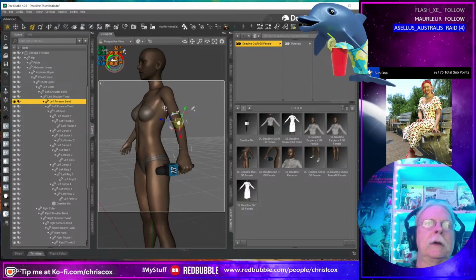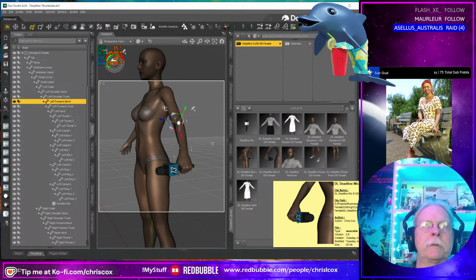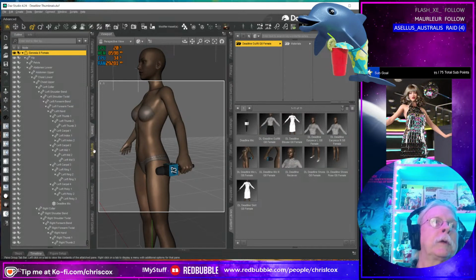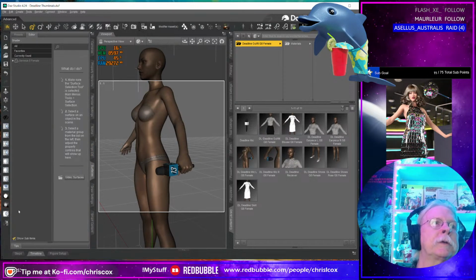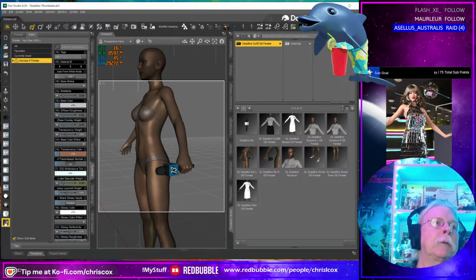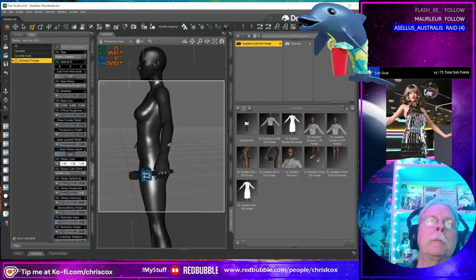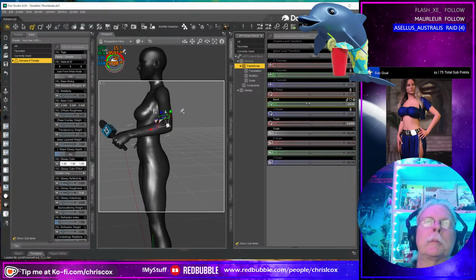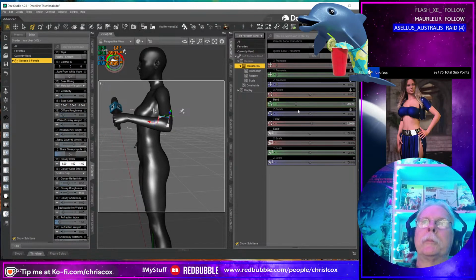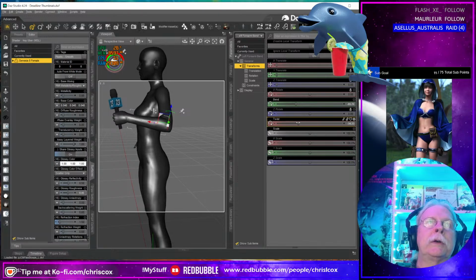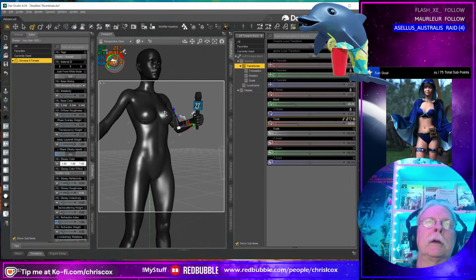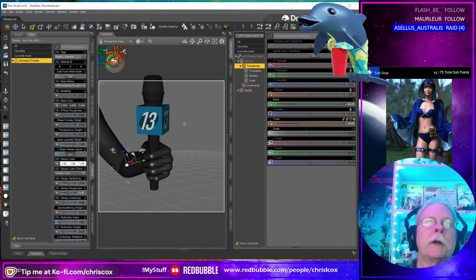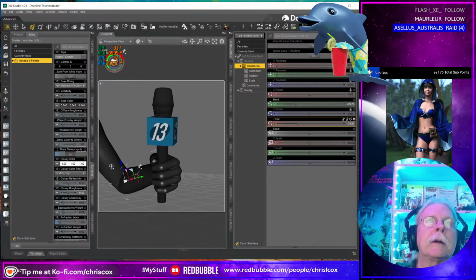Okay, I'm going to color this, and we're going to pose it a little bit to make the thumbnails for these. So let's grab that, come over here to the surfaces, select that. I'm going to do this generic shader. I'm going to bend that arm up a little bit, and twist. And then we're just going to focus in on the hand.